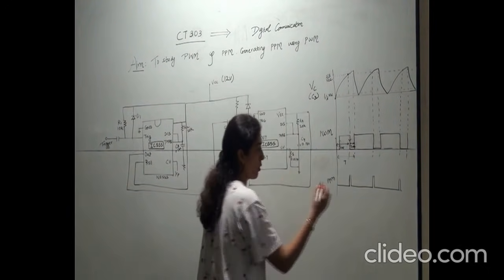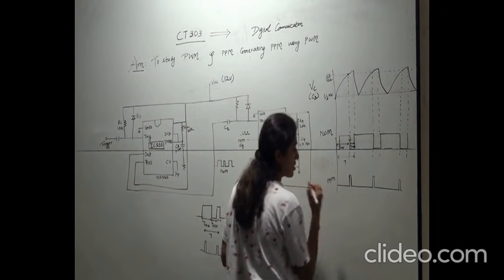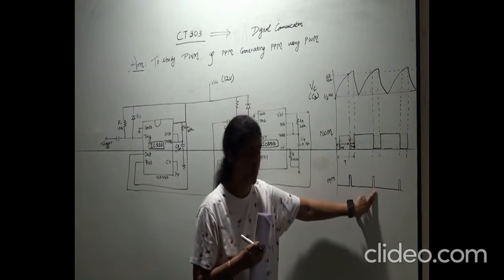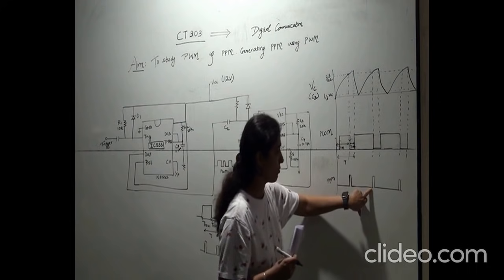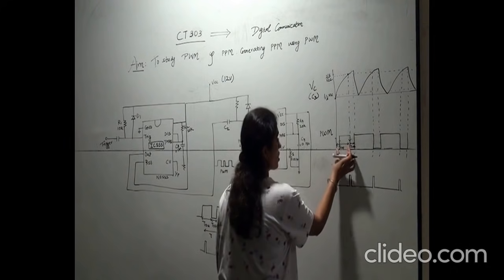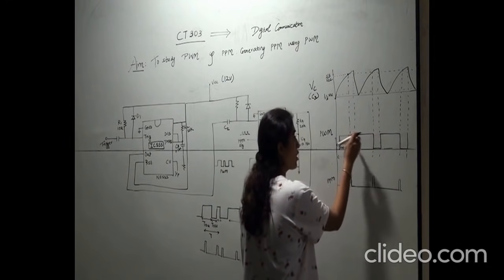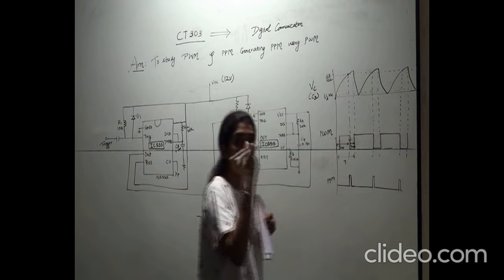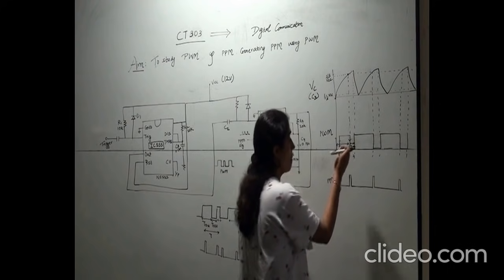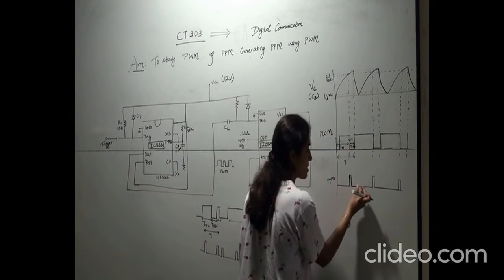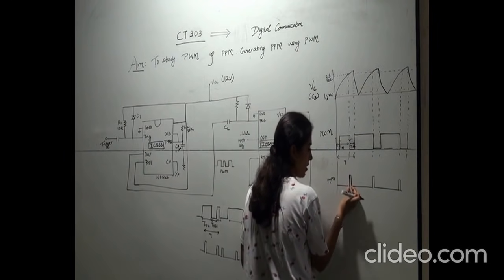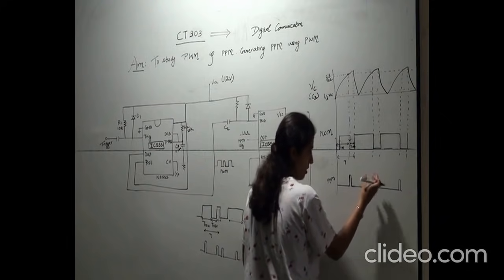Wherever we get a high to low edge, we get this as the on condition, and then it again goes into its low condition. Again, at this high to low edge, we get another pulse. At this high to low edge, we get another pulse. Since the durations of the pulses are different, the high to low transitions will be at different time periods. Because of that, these pulses will be generated at different time positions. So one might be over here, one might be over here, one might be far off.